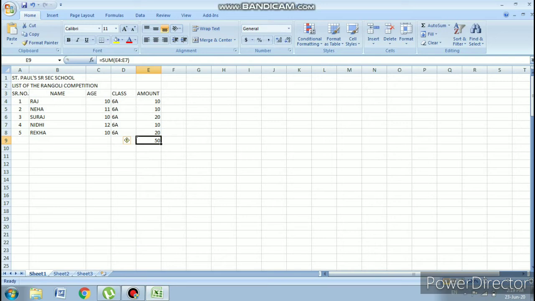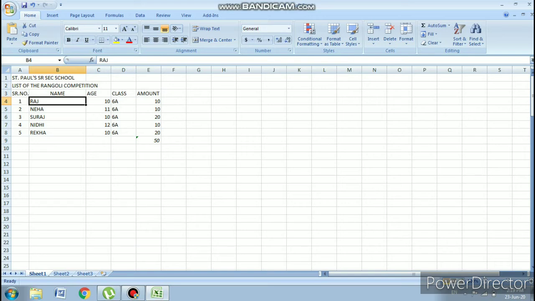Now we will be moving to the formatting of the Excel sheet. I will start from the Font tab. In this Font tab you can see B, it makes the selected text bold. It is I, it makes the selected text italicized, and the underline. So how will I do it?